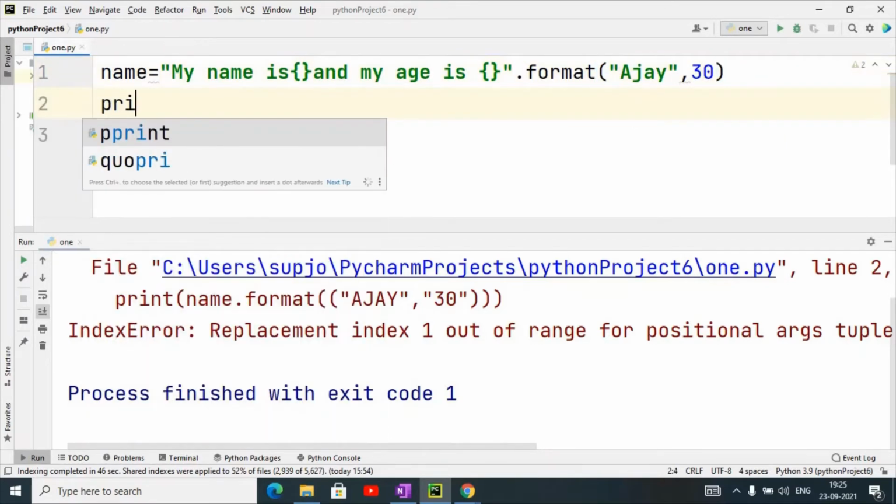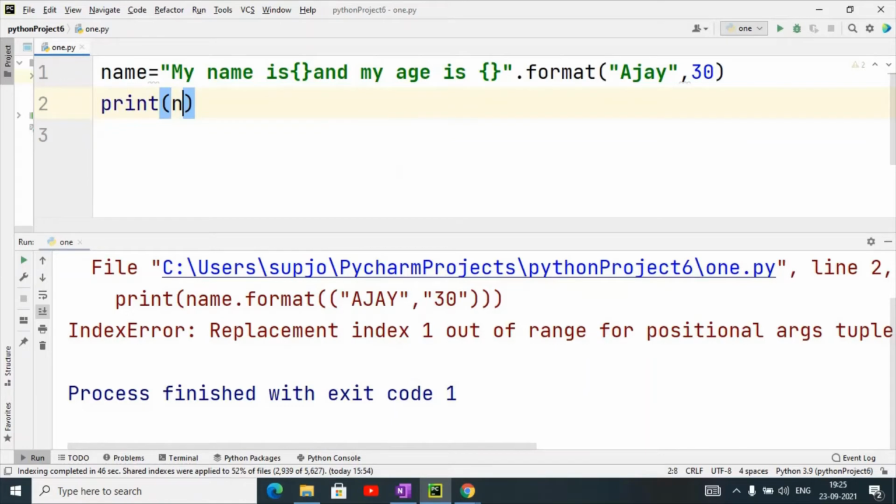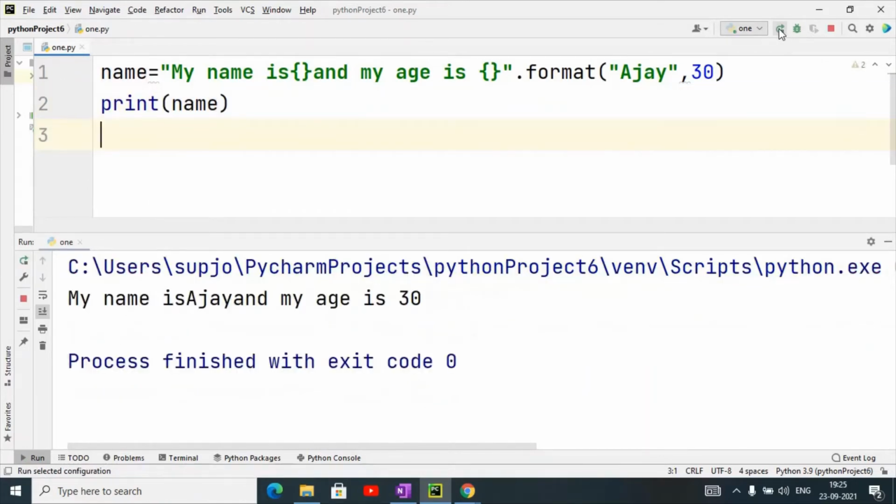And print. Now you can see that in the format function we are using it the same way we used previously. This is the first curly braces for the first format and this is the second curly braces for the second format.